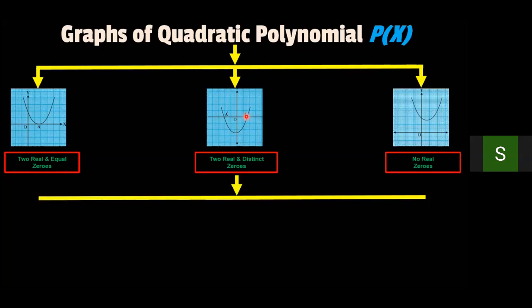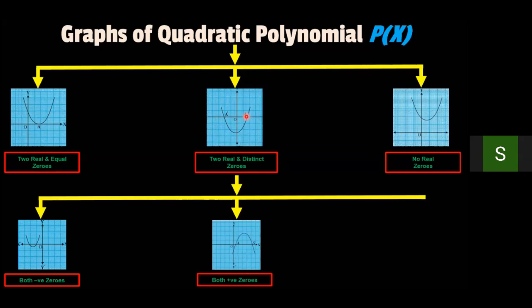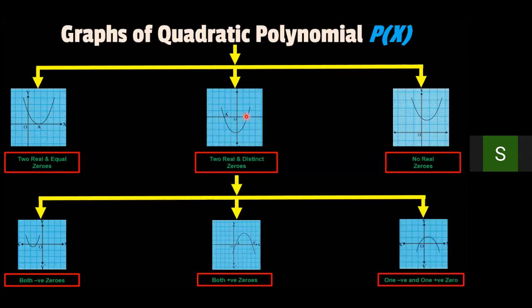Now, learning more about the second graph we have taken, we know that on the x-axis, to the left of the origin, all the values are negative, and to the right of the origin, all the values are positive. So if the graph cuts or touches the x-axis at the left, then its zeros are negative, and if to the right, we get zeros which are positive or greater than 0.